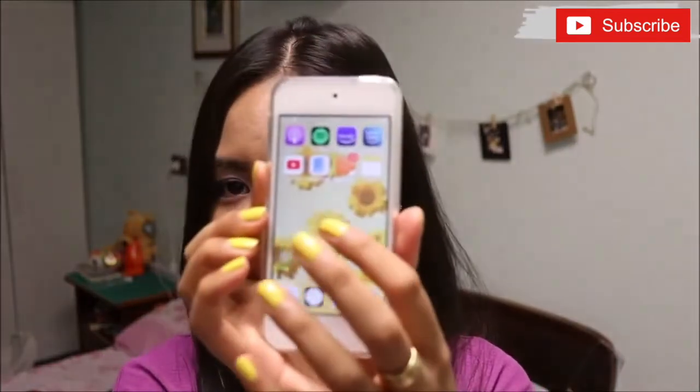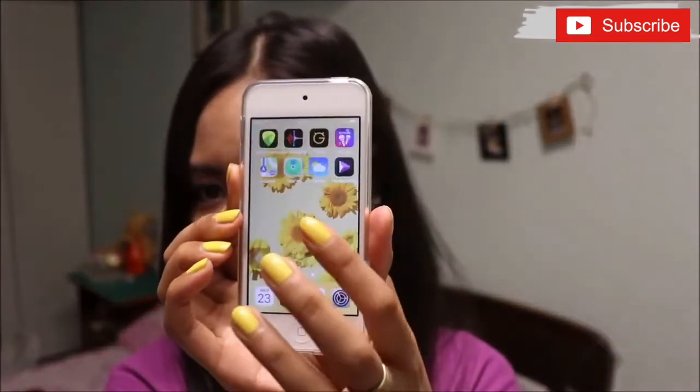So of course, guitar tuner for tuning my guitar, and my tabs are of course essential for me whenever I want to play my guitar. And then my voice recorder, that is also a must. Voicemail karaoke, I don't really use it that much now, but sometimes I listen to my old recordings and it's just fun. Those are the apps that I keep in here that I really wanted to share with you